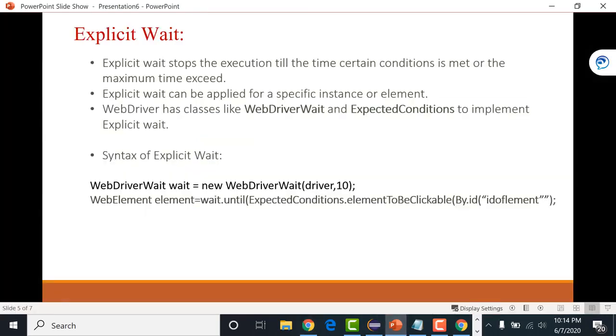See, what explicit wait says is wait dot until is the method, and inside the until method you can define the expected conditions, and these are the conditions that are available. Like I am saying element to be clickable, and after that you have to define the locator of that element. So suppose I am defining here a name. So I am saying the name element to be clickable. Wait for the time until the name element becomes clickable. Right? This is the best way to deal with elements, to apply waits on specific elements.